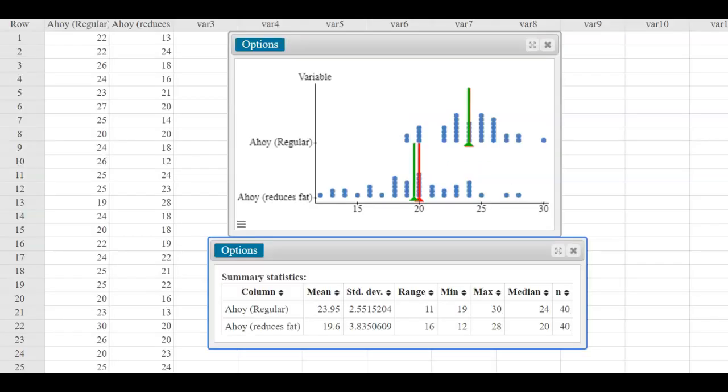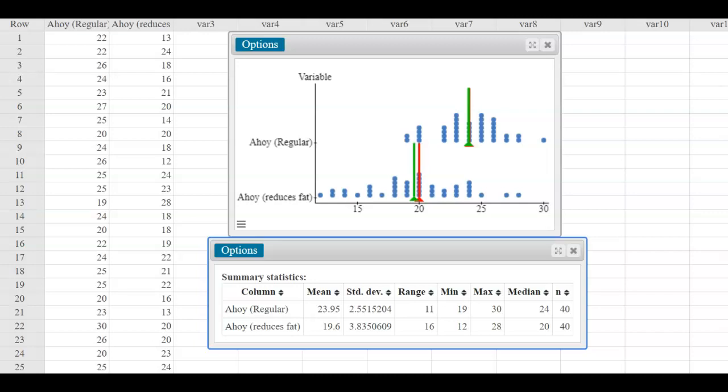In this video, we will discuss one of the most important topics in statistics: measures of variation, range, standard deviation, and variance. To visualize the variation of data, let's take a look at two data sets that represent the numbers of chocolate chips in the Chips Ahoy regular and reduced fat cookies. Both samples consist of 40 values, or 40 cookies.